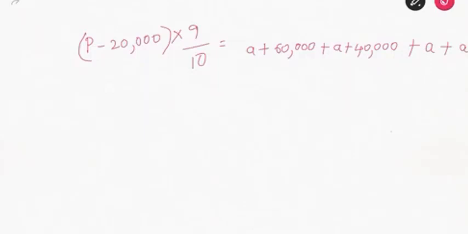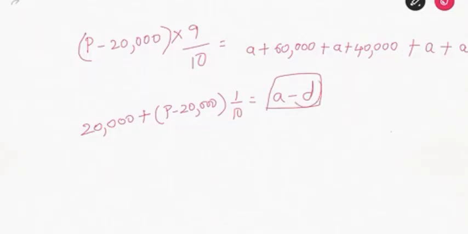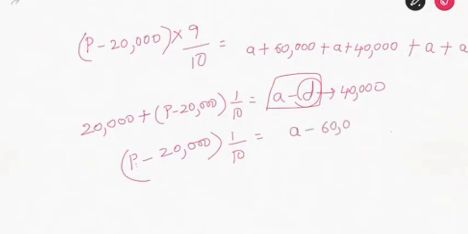Now what is the amount received by the fourth son? 20,000 plus P minus 20,000 into 1 by 10, which will be equal to a minus d. A minus d is the fourth son's share, where d is nothing but 40,000. Now at last this comes to P minus 20,000 into 1 by 10 is equal to a minus 60,000. Now see here, this is one equation, and this is another equation. Now upon solving these two equations,